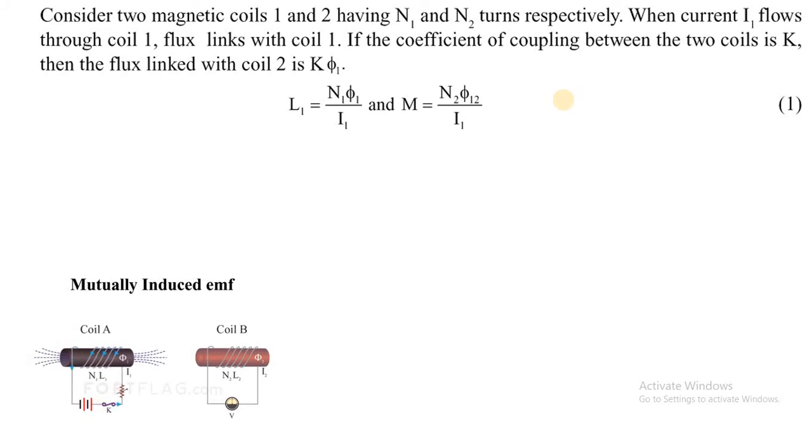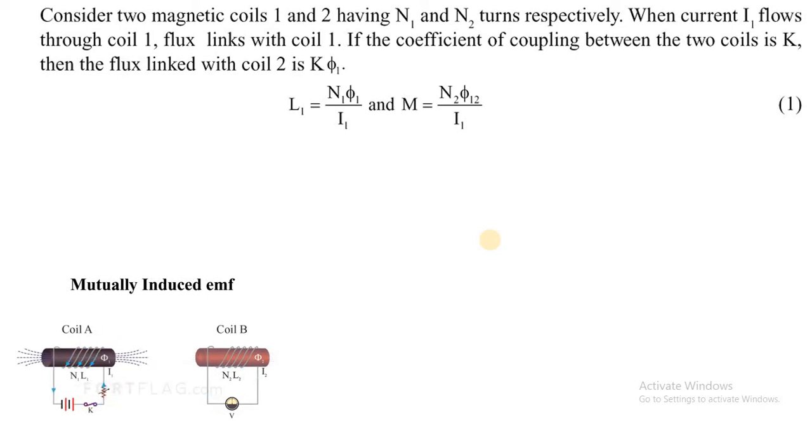Now which current are we supposed to take over here, I2 or I1, of coil 1? Yes, because of I1. Very good. Because coil 1 is going to supply the flux phi 12 to coil 2. So which current is responsible over here?